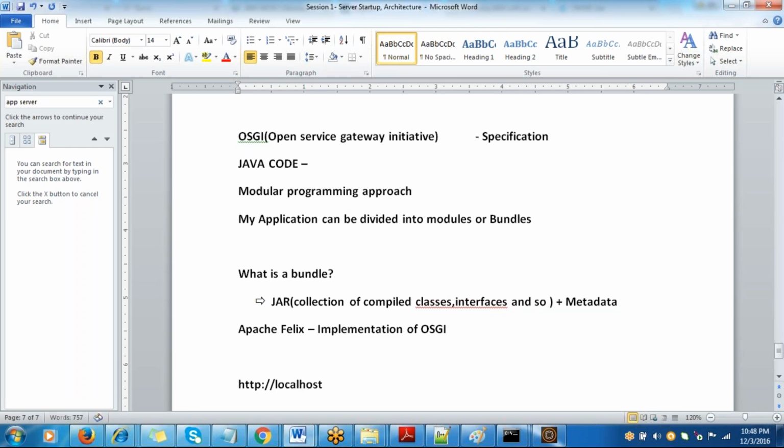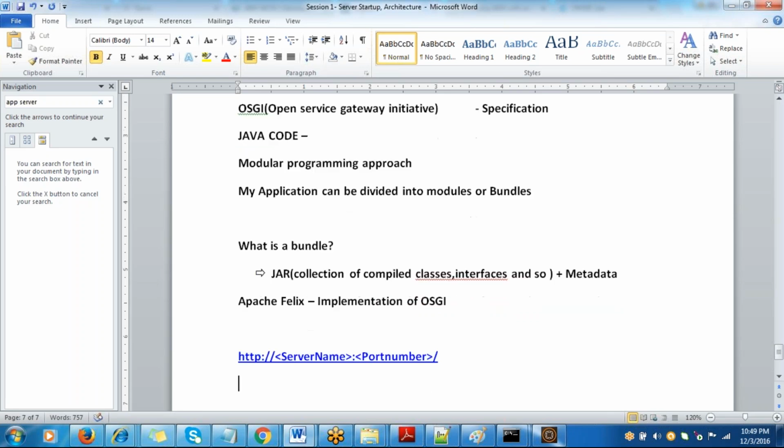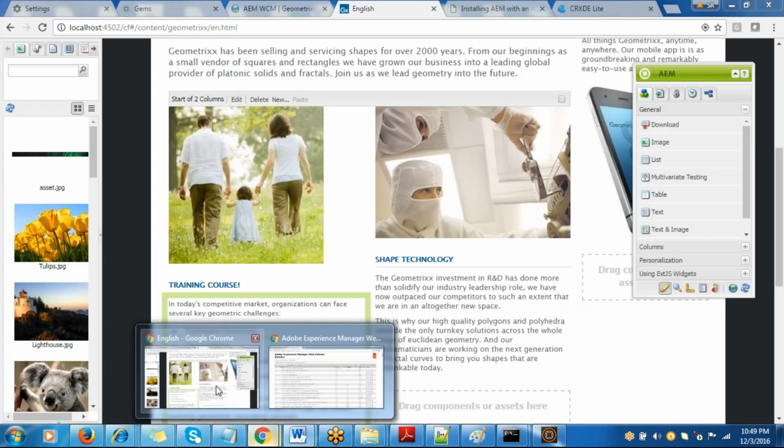Localhost. Whenever you want to access any AEM URL, the syntax is HTTP, server name, the port number. To access the Felix console, it is HTTP://localhost, then /system/console. This is what you need to do. Now when I go to this /system/console,